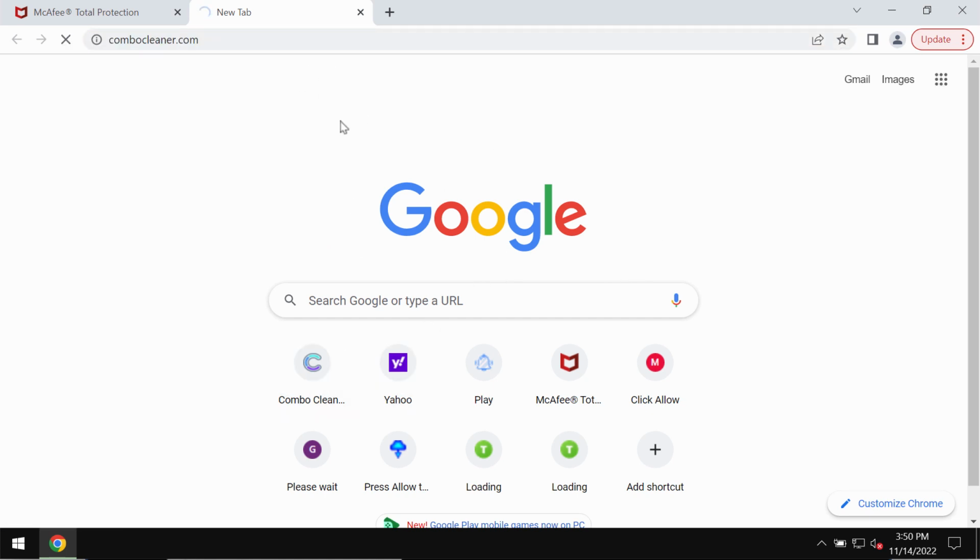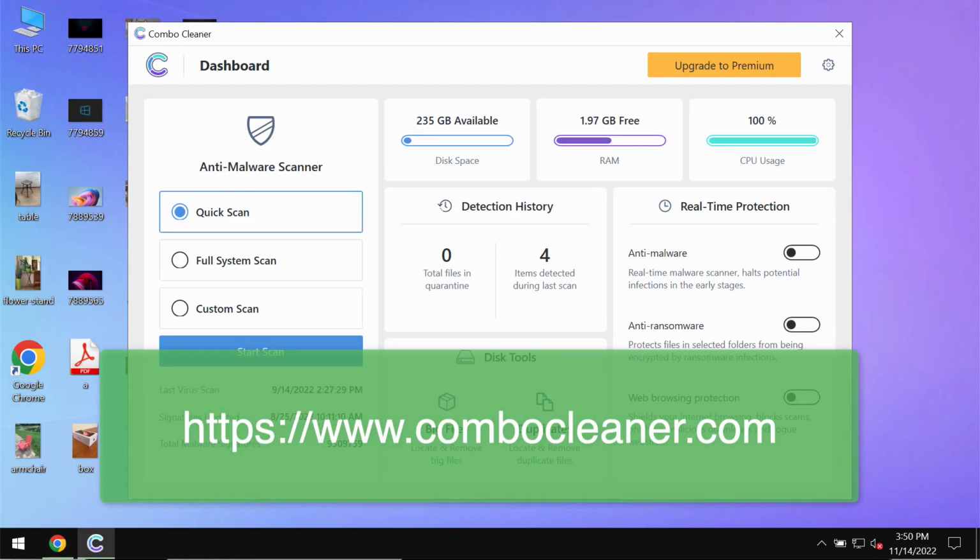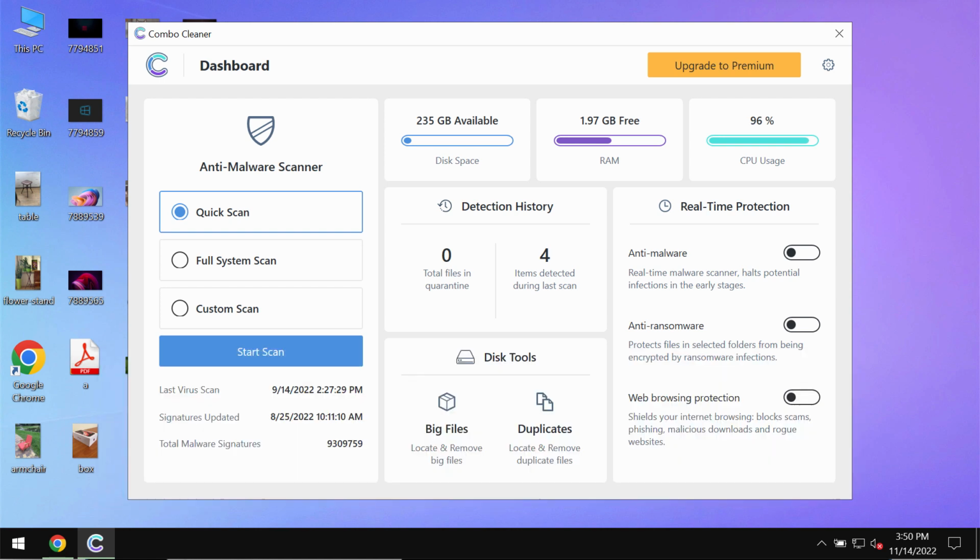I would also recommend that you thoroughly research your computer with Combo Cleaner Antivirus. You may get it on this official web page, combocleaner.com. Download the program, install the software, and start investigating your system. Combo Cleaner Antivirus will help you to effectively detect and delete all sorts of other threats which could possibly still